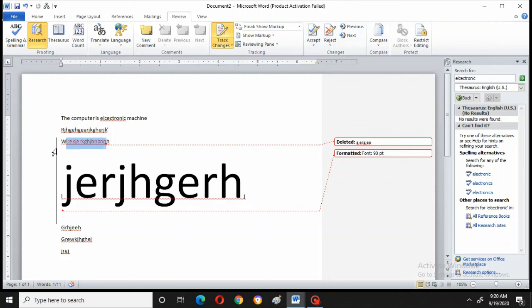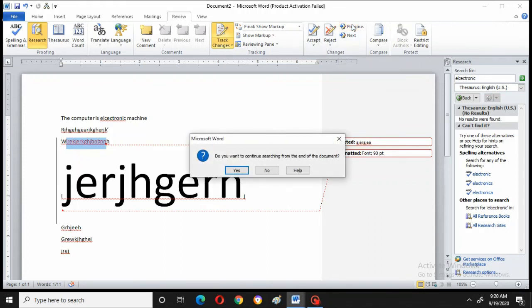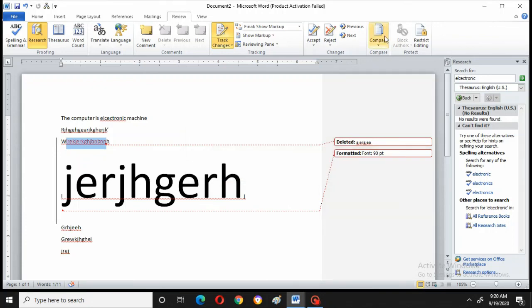Can you see here? This is called tracking, this line. And it has been entered into another thing here, right? See, when you have done this also, it is showing here. When I keep my mouse pointer here, it is showing whatever you have done there. This is how you will be doing. So the previous one is deleted, that's why it is not showing. Do you want to continue searching from the end of the document? No. Okay.